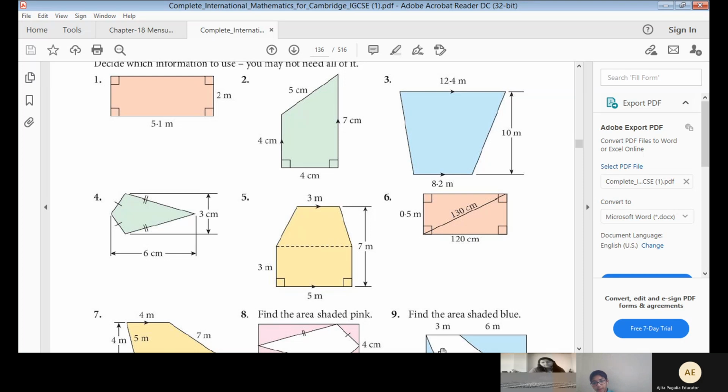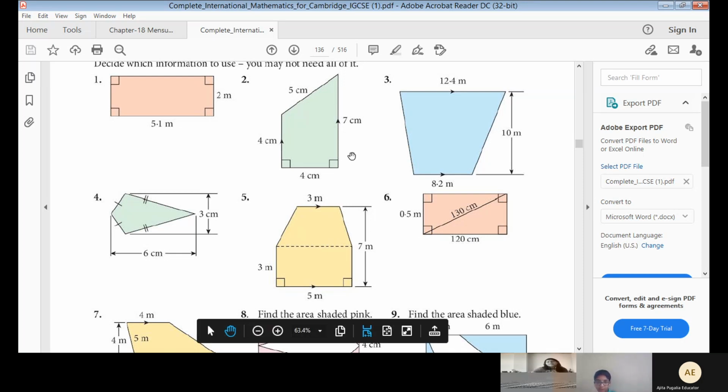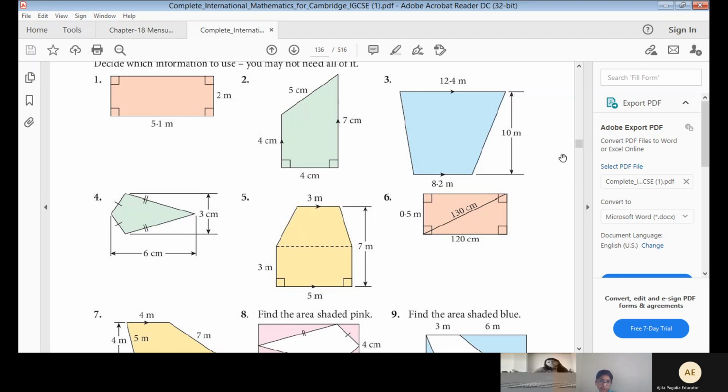Okay, so what I did was I just did 8.2 times 0.5 times. Neve, did you read the question carefully? What is 8.2? Was it for the third one or the sixth one? Didn't you use 8.2 in the third one? It's just a rectangle, you yourself told. And the length is given as 120 centimeters and the base is given as 0.5 meters. You just had to convert the units and get your answer.